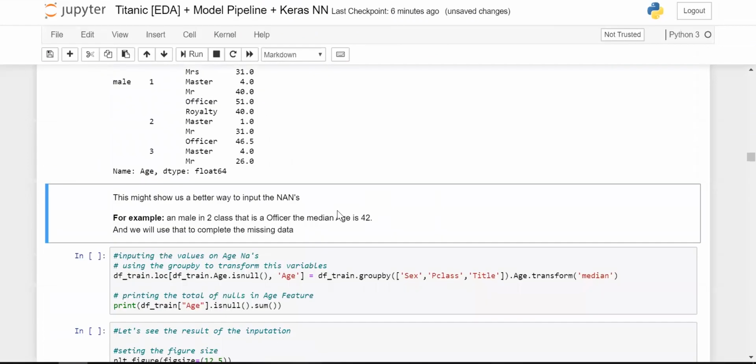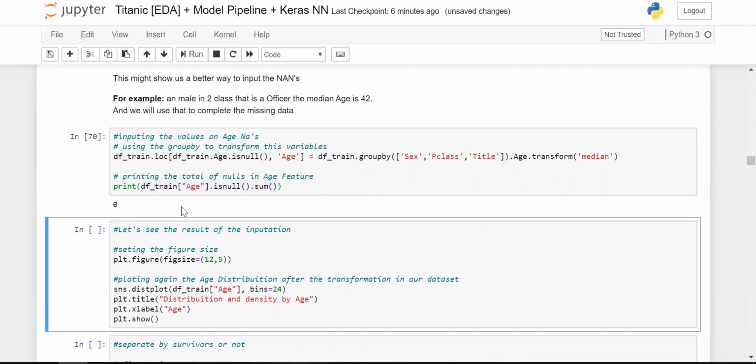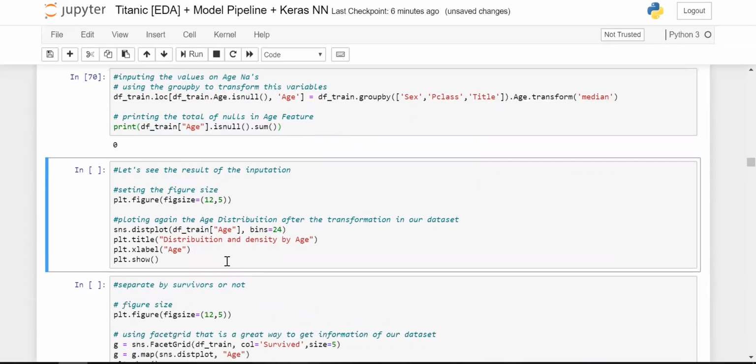So yeah, I'll just keep executing this. You can have a refresher regarding EDA later. So now we'll just look at the number of null values in the age, which is df of column dot is null dot sum. Okay, let's execute this, and we have 0 null values in the age.